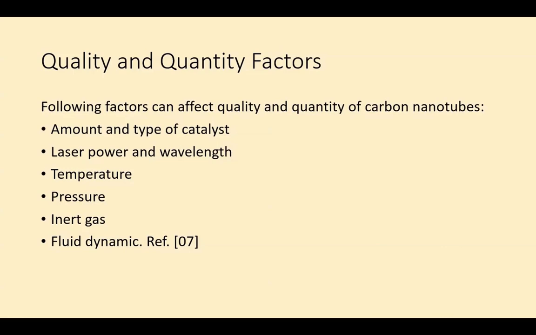We can get carbon nanotubes with different diameters by changing the catalyst amount and type. Then the laser intensity is also really important. The laser intensity corresponds to optimal heating of the target surface that increases the growth of carbon nanotubes and their arrangement